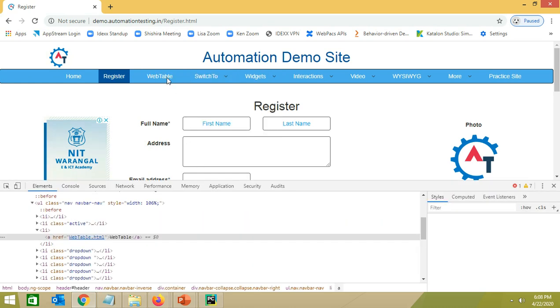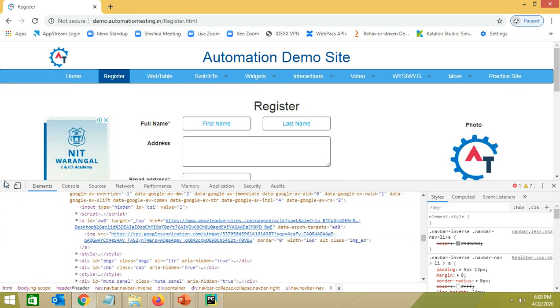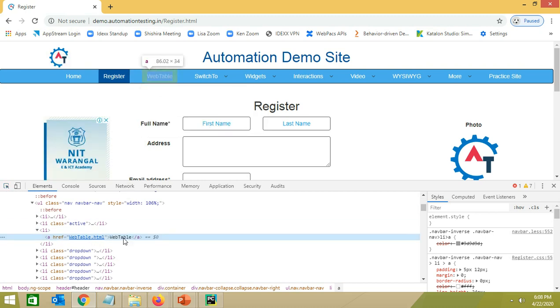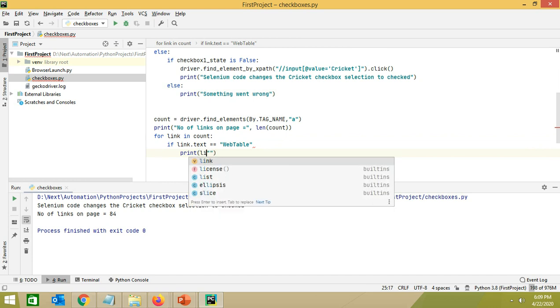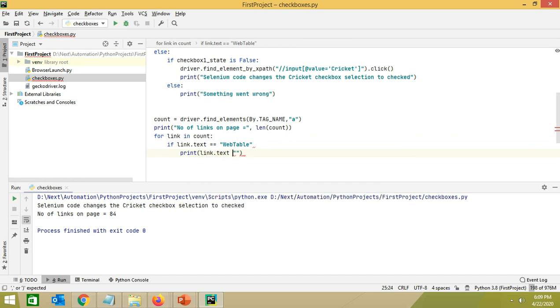Let's say we want to check whether this particular link is available on the page or not. So we'll take this link text. If link dot text is equal to this, we'll print link dot text is available.